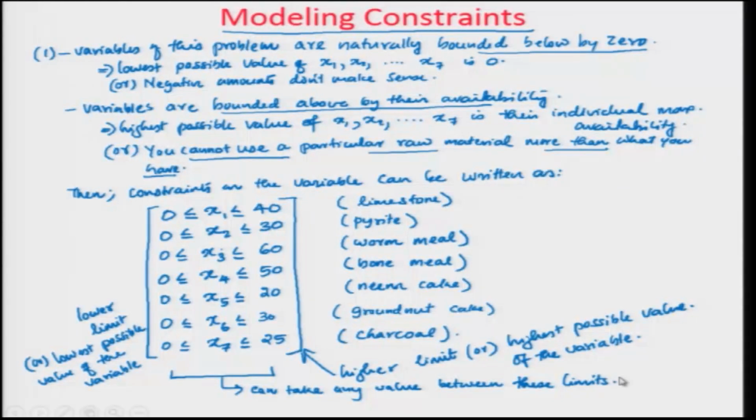Okay. So what we are saying here is that each variable has a lower limit and a higher limit, which means the highest possible value it can take. Between these limits, the variable can take any value. So that's why it's a continuous value. For example, x7 can take any value between 0 and 25. So it can be 0.325 or 1.67 or 3 or 9.893, whatever it is. You can put whatever values for any of these 7 variables.